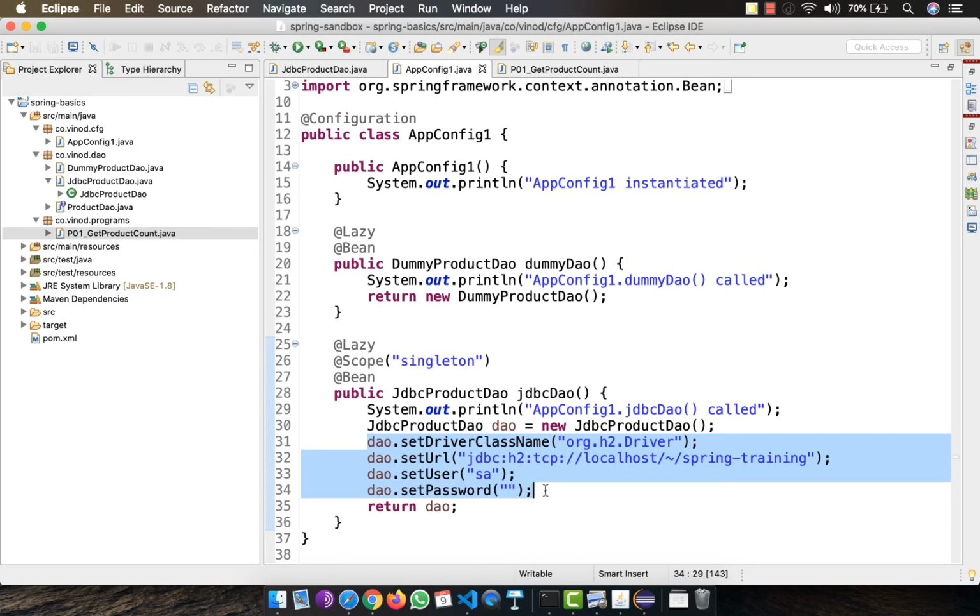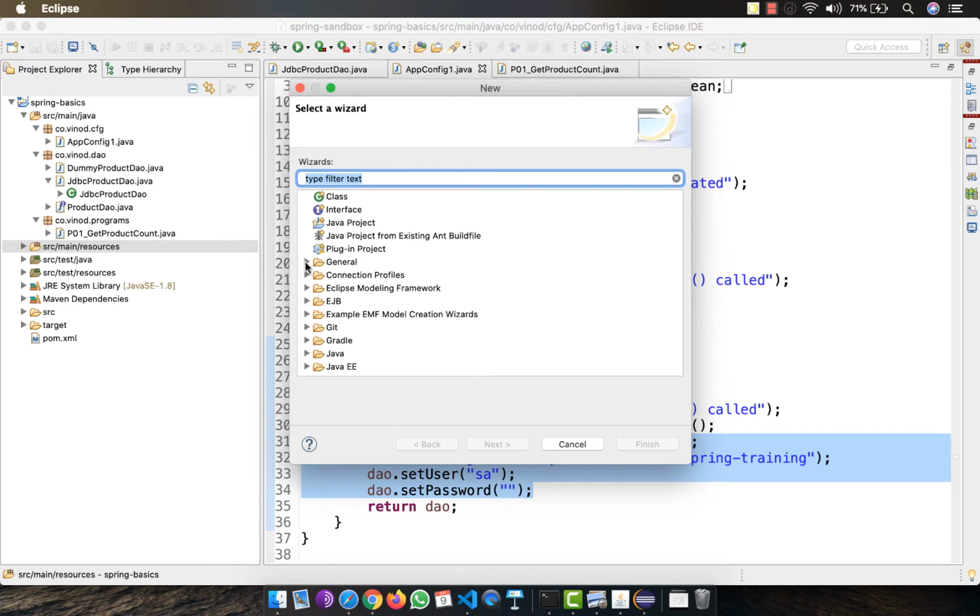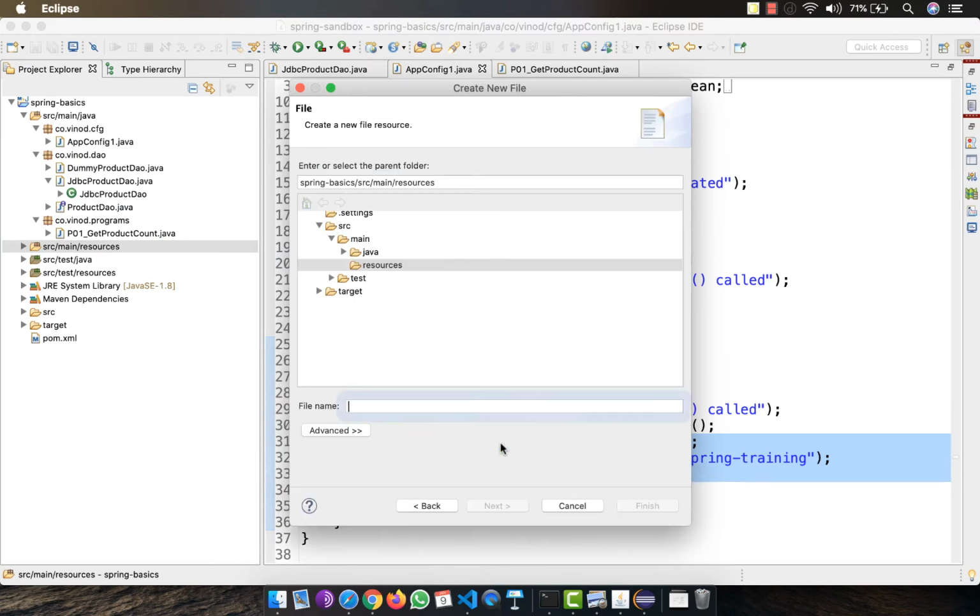To do the same, first let's go to our src/main/resources. Let's create a new properties file. I don't see a properties file or new file over here, so I go to Other, and under General we have a File option. I can click on Next, and since I selected src/main/resources, that's what is shown over here. We can give any name we want. Let's give the name as